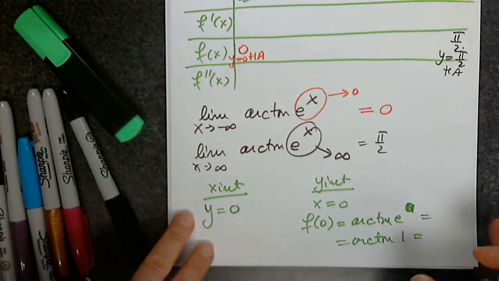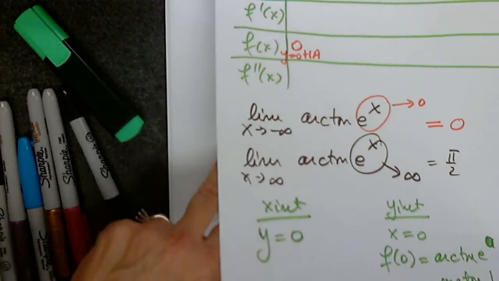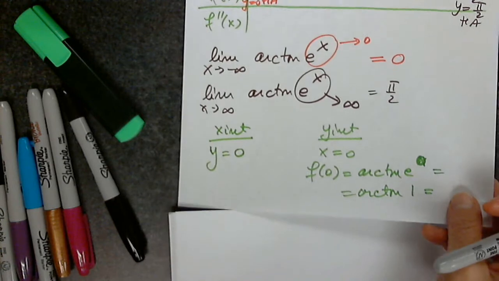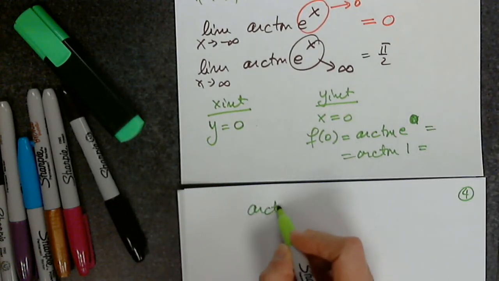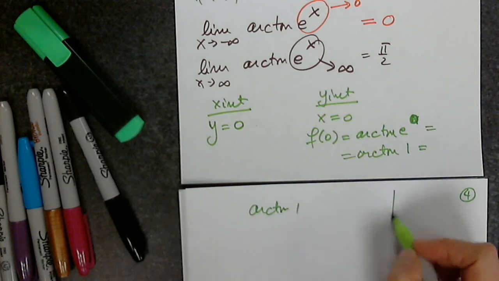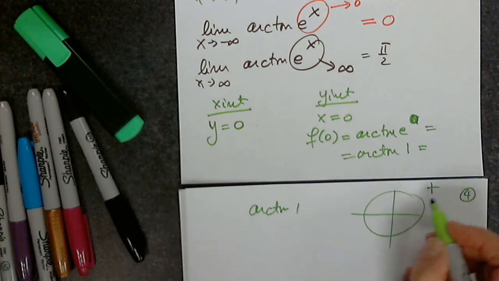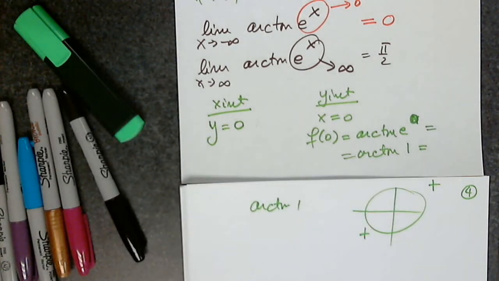Let's go back to the unit circle. Careful, I need an angle. Right? So, yes, arctangent 1. Remember on the unit circle, tangent is positive in two different quadrants. So I have to give